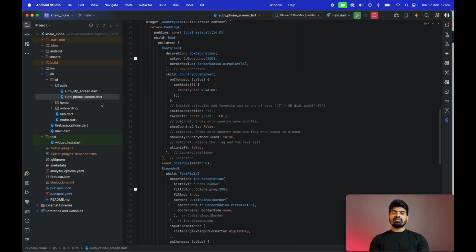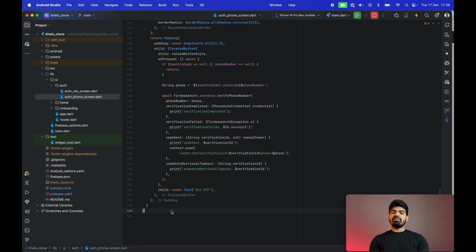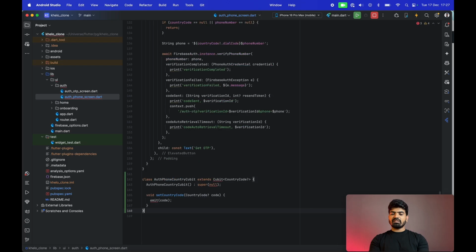It's added now. And now what we'll do is, for now we'll define that qubit in the same file. I'll call it auth phone number, or auth phone country qubit. And then it will extend qubit and country code. I'll make the import here, and this is all we need. Basically that value will be null by default, and whenever this method is called, it will set that as the state. Okay, another class we need is auth phone